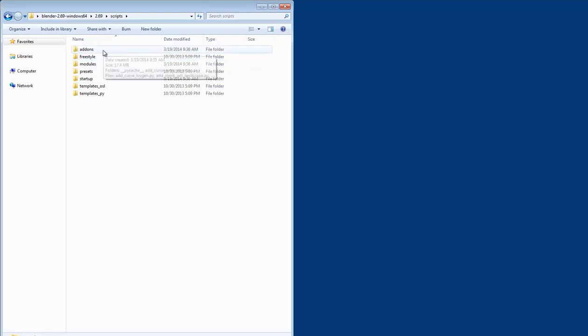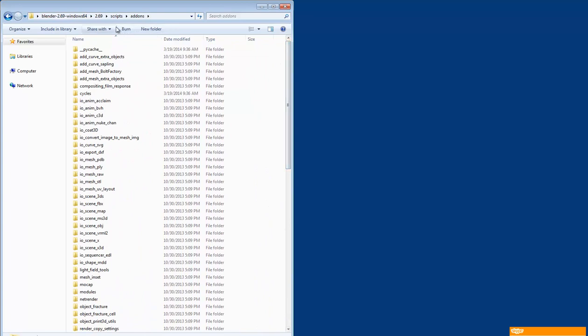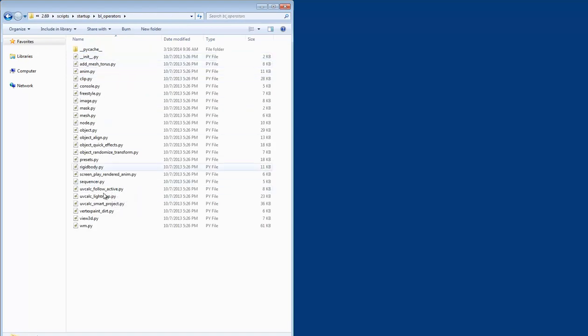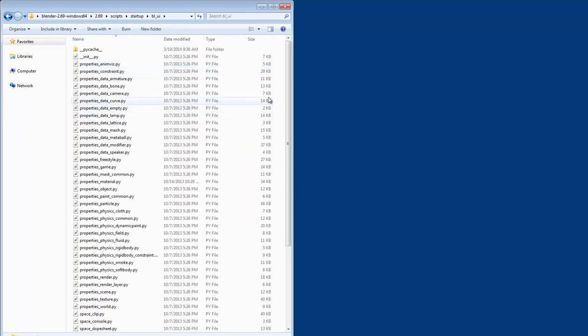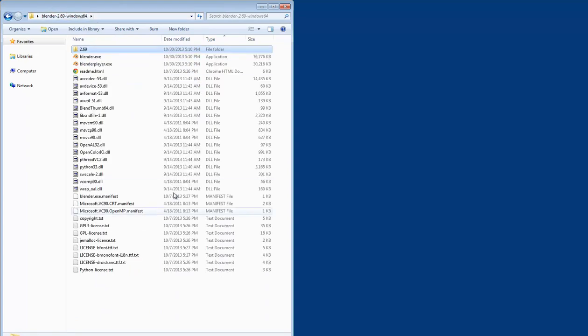Here in the add-ons directory, we have all of the add-ons that are shipped with Blender by default. And in the modules, there are some additional modules that we'll talk about later on. Here in the startup directory is where Blender defines some of their operators. Most of them are built in the compiled C code, but there are some defined here as well. And then obviously the Blender UI. So these are all the scripts that make up Blender's user interface. And so that's just how Blender looks by default, but let's go ahead and take a look at how Fluid